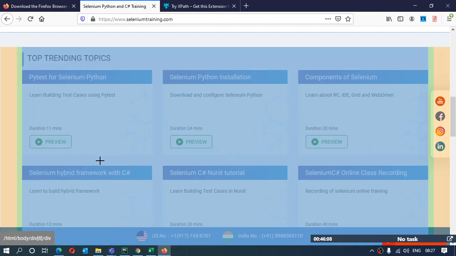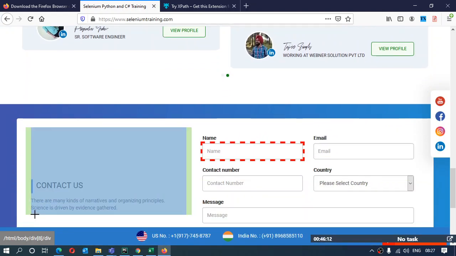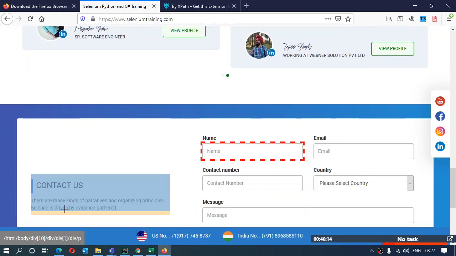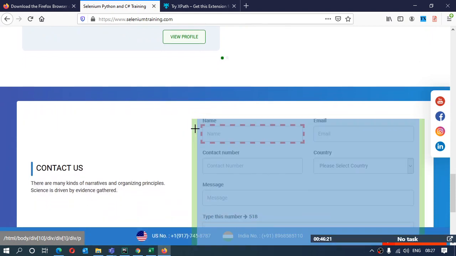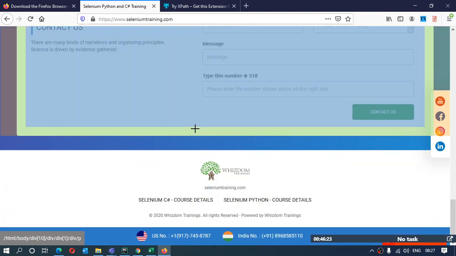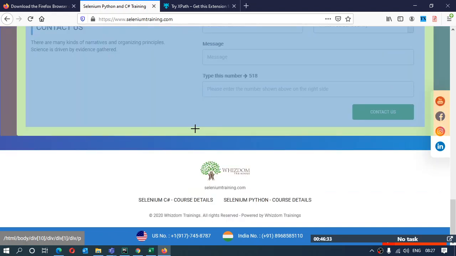If I again want to look for more elements, I can just go on. I want to look for this contact us block. This is the XPath that it has. I can copy it and use it. But yes, the funda of Firefox applies here as well: if the tag does not have an ID attribute, it's always going to return the complete XPath.